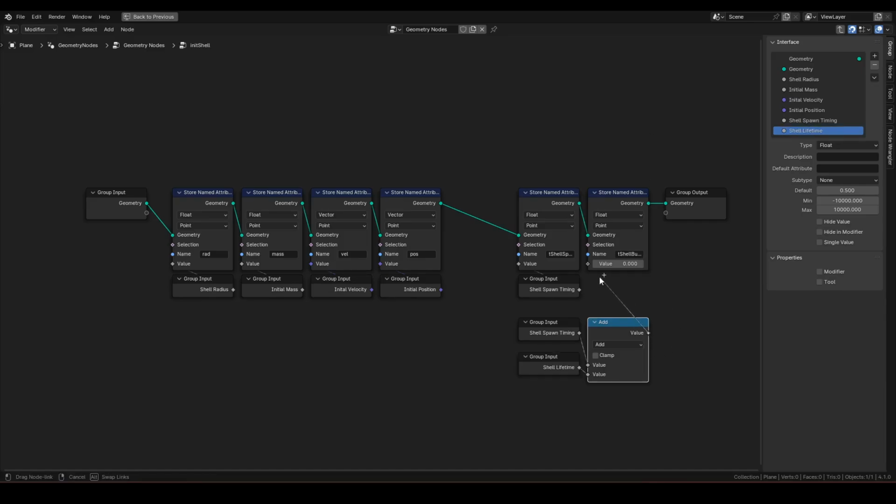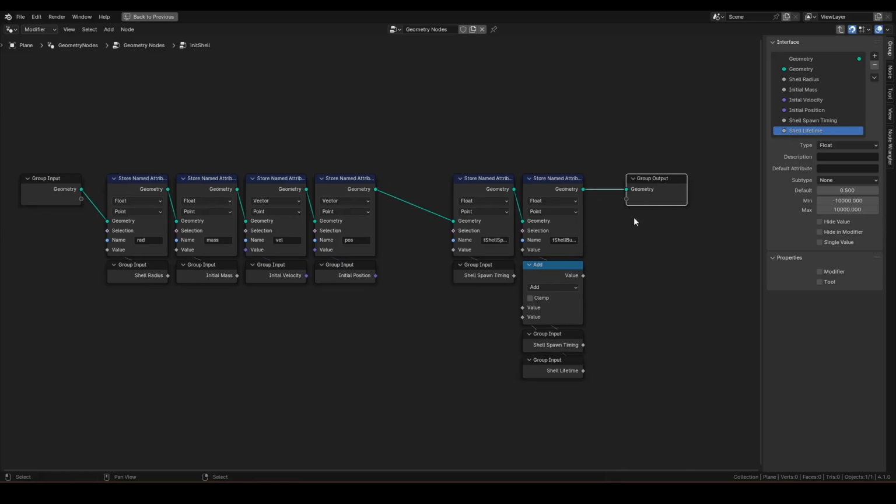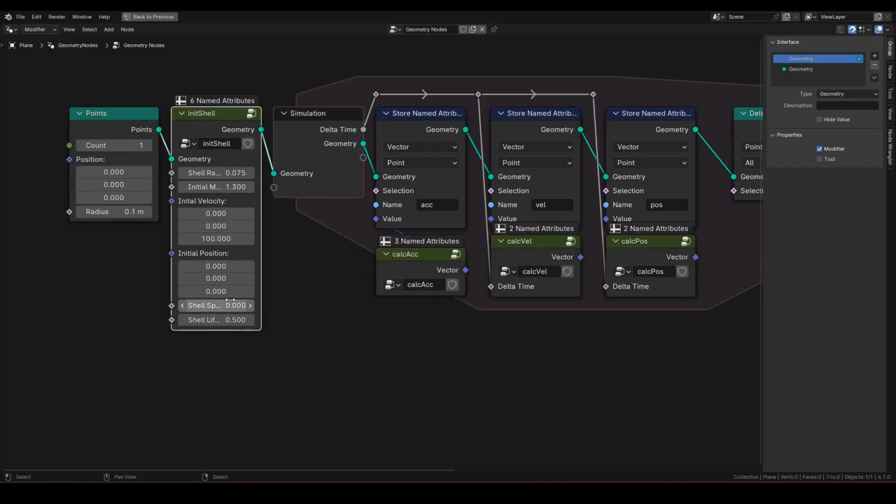The burst timing is basically lifetime added to spawn timing. With these new attributes created, let's insert 4 seconds into shell lifetime.